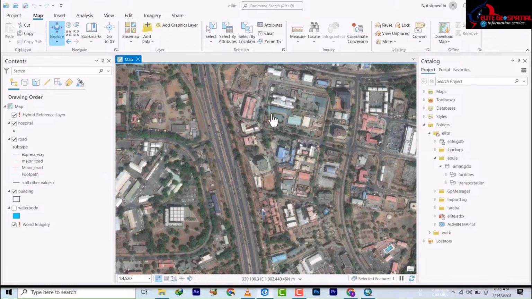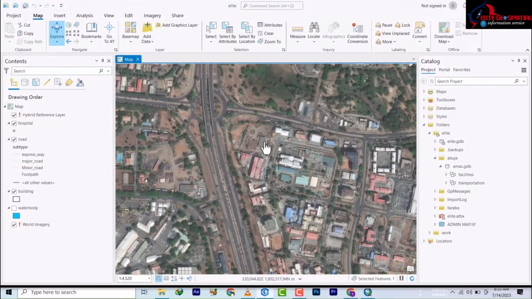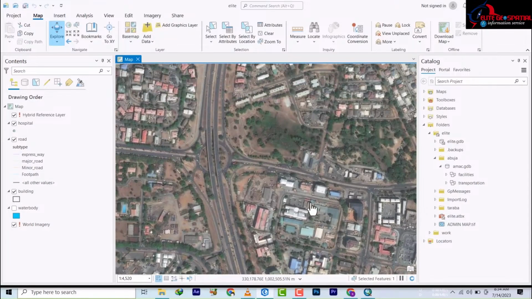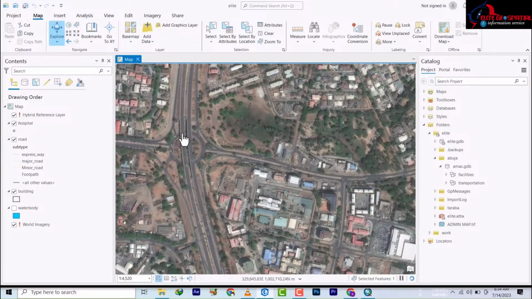Okay, this is FCT, the Federal Capital Territory of the great Nigeria country. All right, so here I'm just going to show you the basics, so that's why I am standing on this kind of place. So there are a few rules to digitizing road. So let's go to our edit,